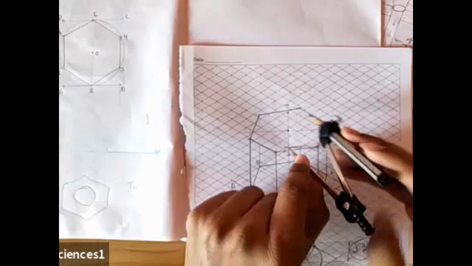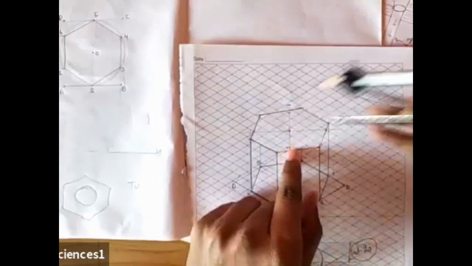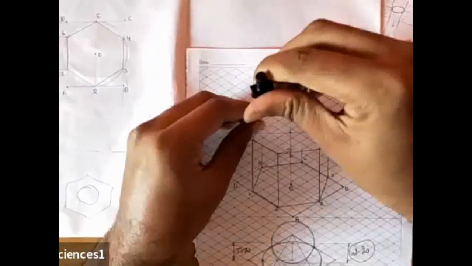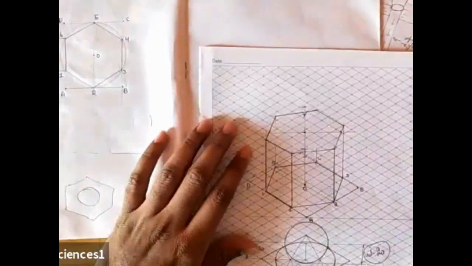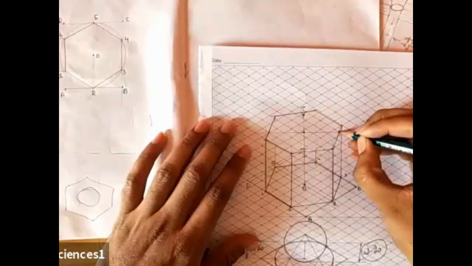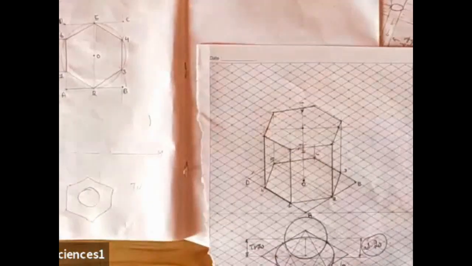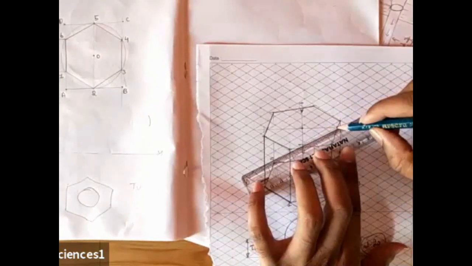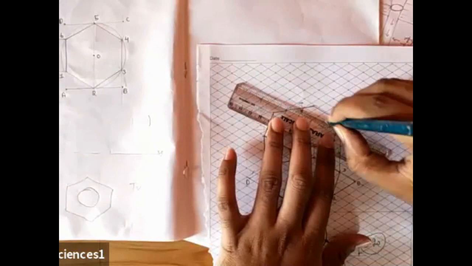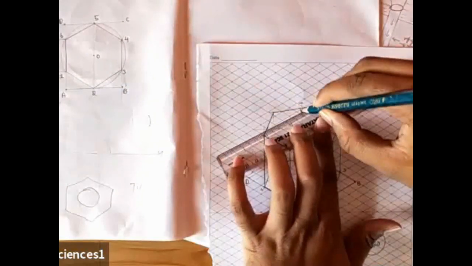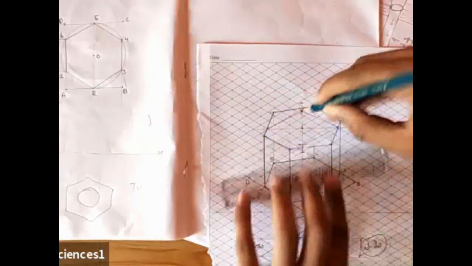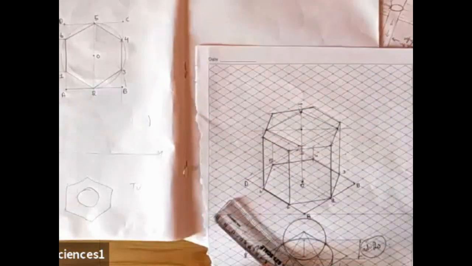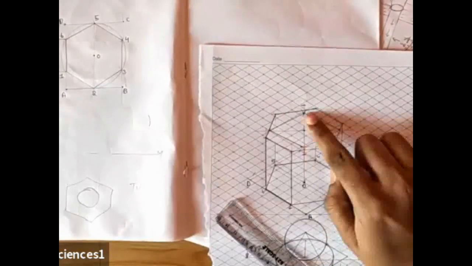This is 4 boxes length. Again, from here, it will be 4 boxes length. Okay, we'll be getting a 4 box length. So these are the points which I have got. Now join it. Start joining it. That is 4, 4, 4, and 4. Fine. So you got 4 boxes.